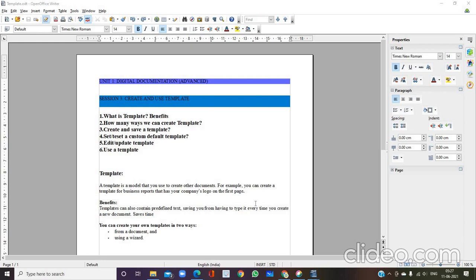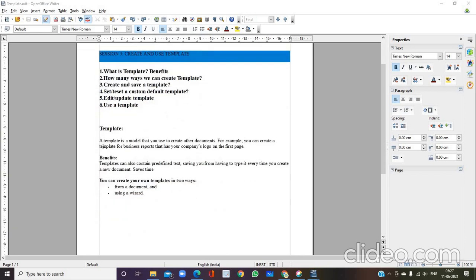Whenever they need to write any letter on their letterhead, they will use that format. That is the template. A template is also known as a predefined document. If you see the original definition, it is a model. Model means a sample that you use to create other documents.